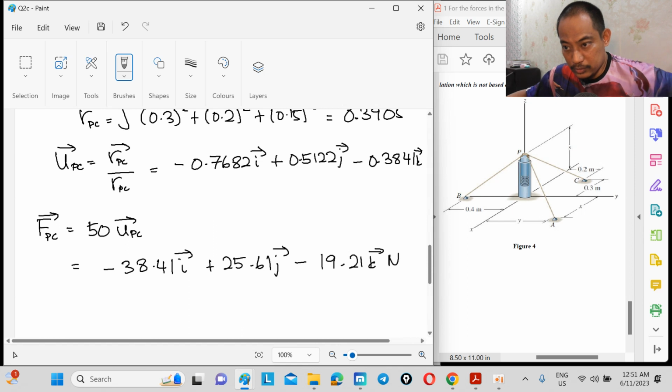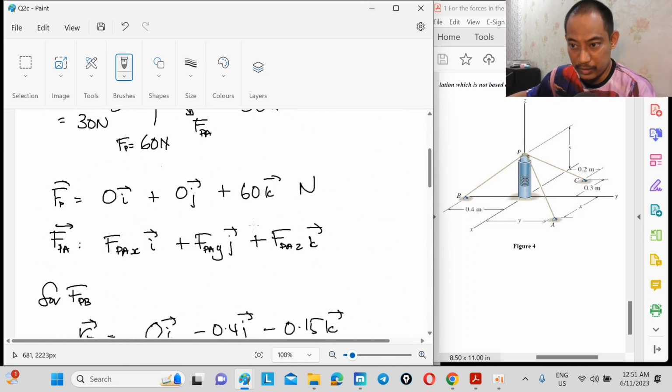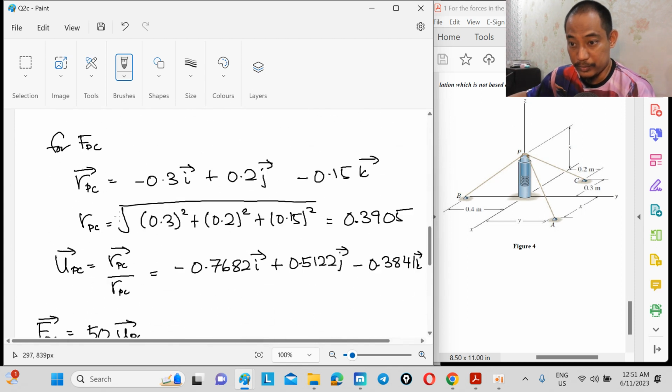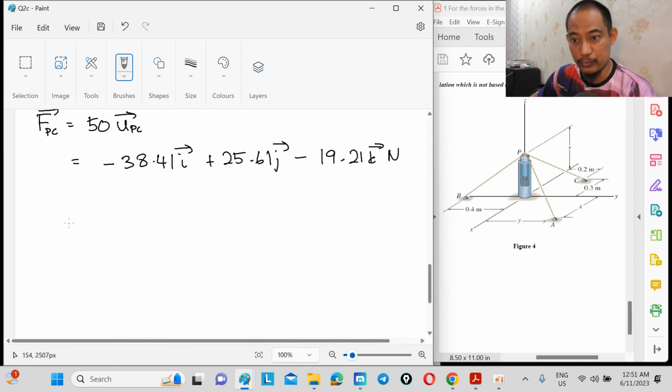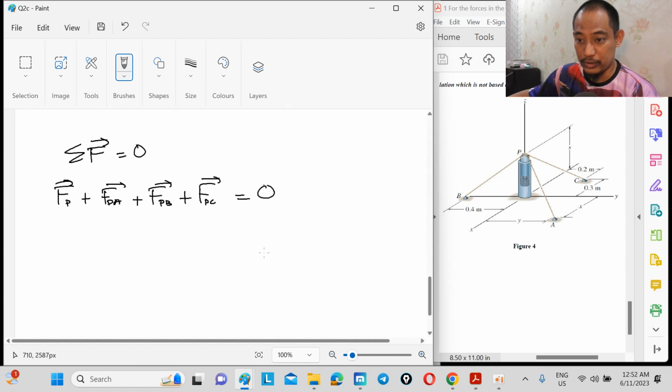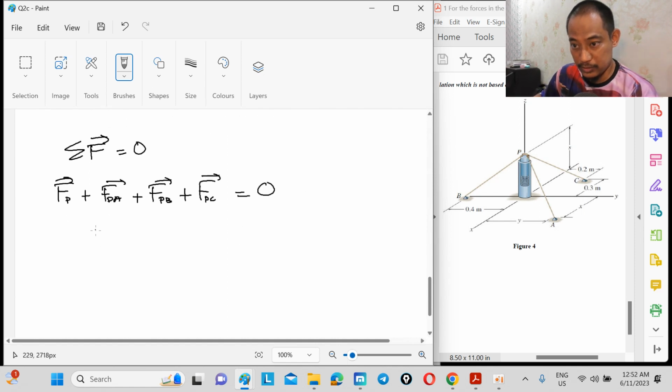So what we have is all this in Cartesian vector form. What we need to find is then FPA. Because in equilibrium the summation of all forces equals 0, basically FP that we have plus FPA plus FPB plus FPC should be equal to 0, right? Or in other words, F